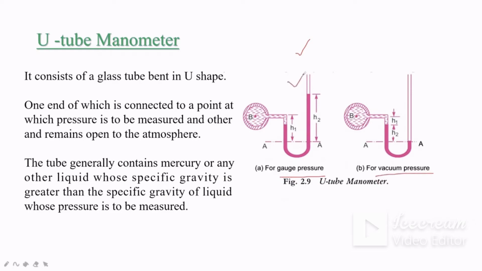See, this is the system for gauge pressure. Vacuum pressure, what is it? So what difference do you see? So if we take the datum line, the pipe after the datum line is full of what? Vacuum. So it is called vacuum pressure. We have to find the pressure due to the vacuum pressure in the pipe.